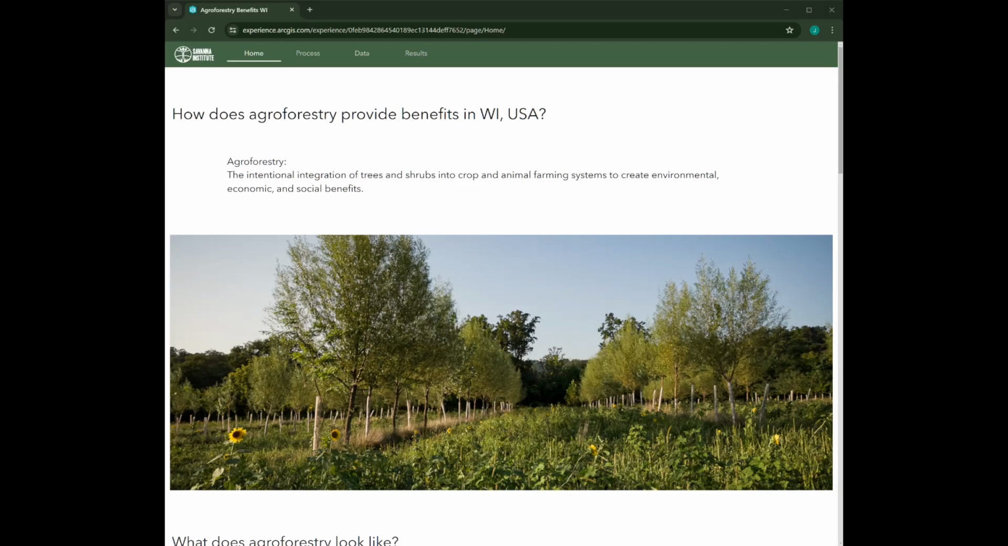For my demonstration, I will walk through the pages of my website. I bring up the problem in context. How does agroforestry provide benefits in Wisconsin? I define agroforestry, the intentional integration of trees and shrubs into crop and animal farming systems to create environmental, economic, and social benefits. So scrolling through this page,